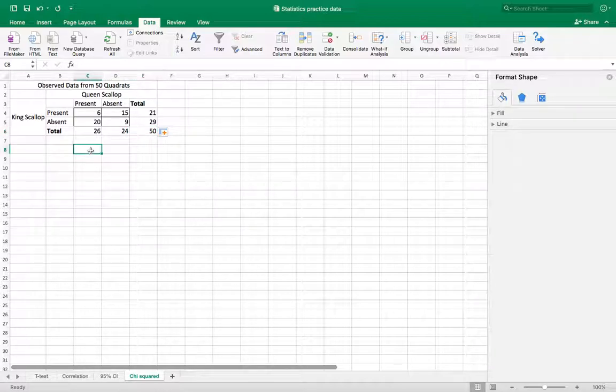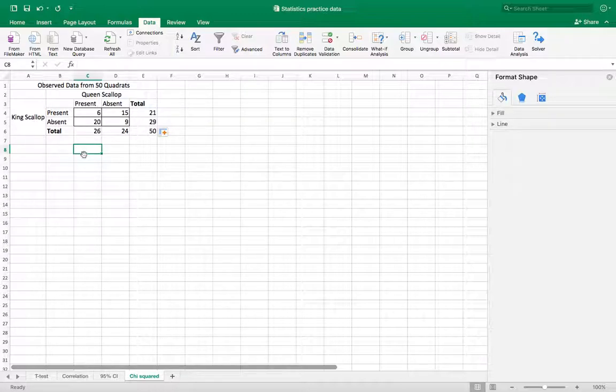Now, these are our measured results, and the way the chi-squared works is we're going to calculate the difference between the measured and the expected. So the next thing we have to do is calculate how many scallops we expected to see. It may not be real intuitive. You may think, well, we did 50, we kind of expect an equal number in each one, and so we should just put 12.5 in each of these, and that's not the case. And that has to do with the fact, first of all, there's more queen scallops present than king scallops,